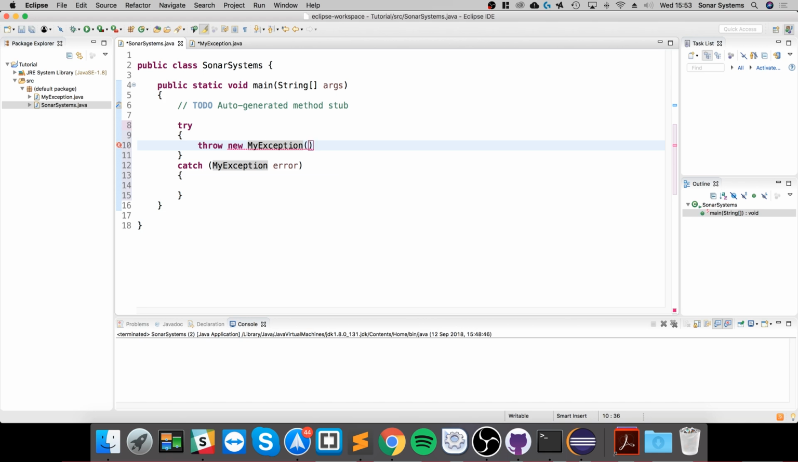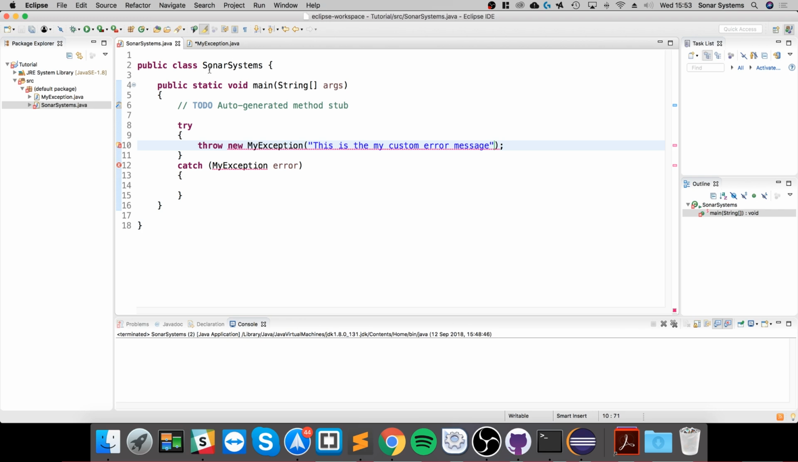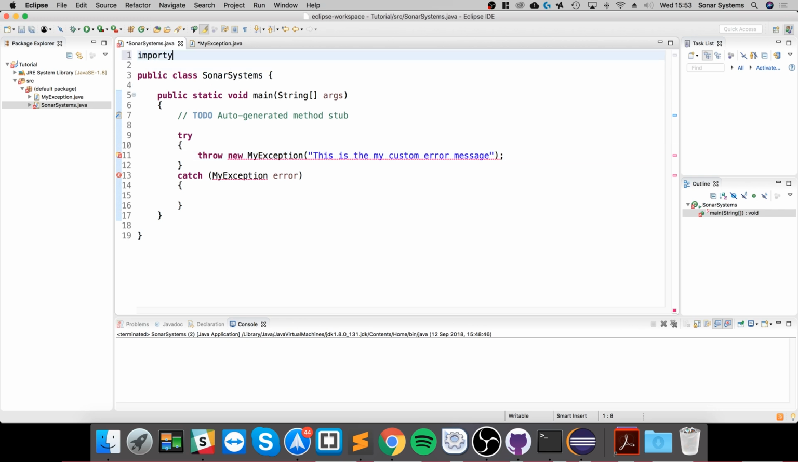So if I put here, and I'm going to say, this is my custom error message. So no exception of type can be thrown. Exception type must be a subclass of Throwable. Let's have a look here. Okay, we need to import it. So for the import,